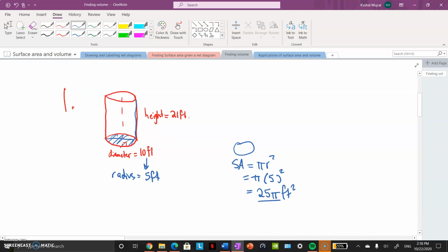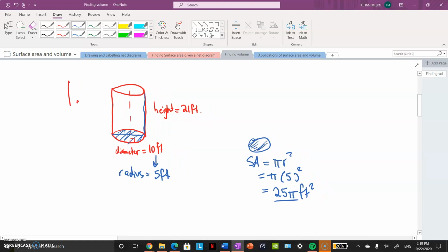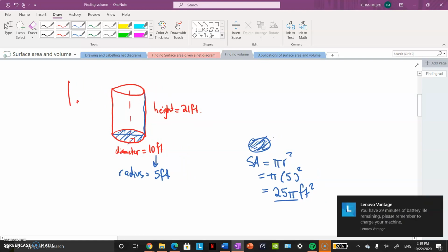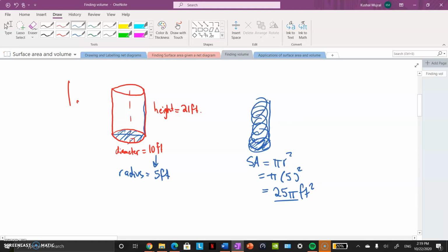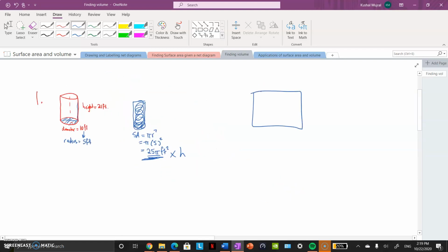okay, but we just really need to worry about the 25 pi. So if one of these disks has a surface area of 25 pi, and there's a lot of these disks that stack up to make this cylinder, we can multiply these disks by the height, okay? It's just like if we were to look at a cube, it's this length times this width, and then we multiply it by the height, so it's like if we stacked a lot of